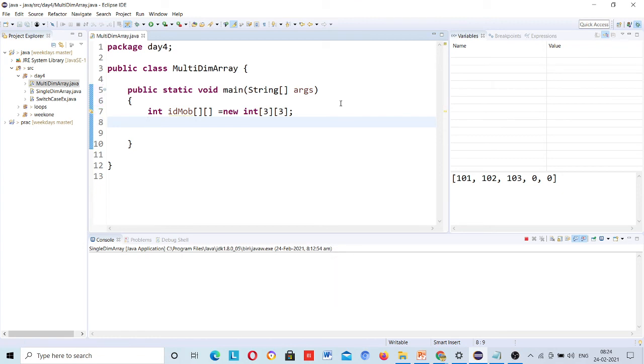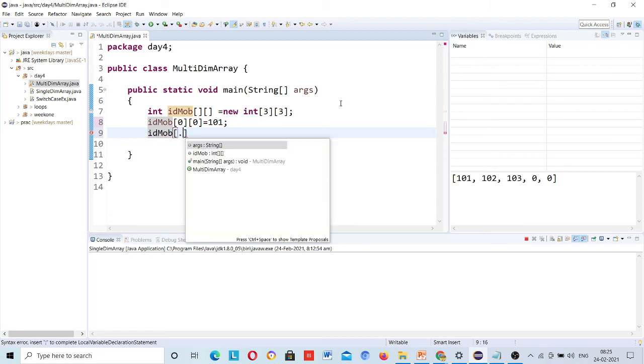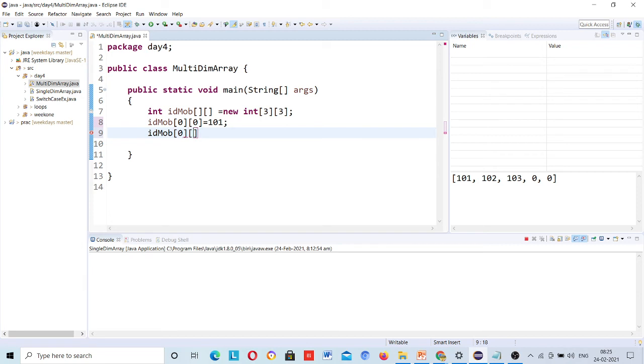So id mobile 0 0 is equal to, suppose I am using 101. id mobile 0 1 is for the first employee, as I explained in the figure, is equal to 102.